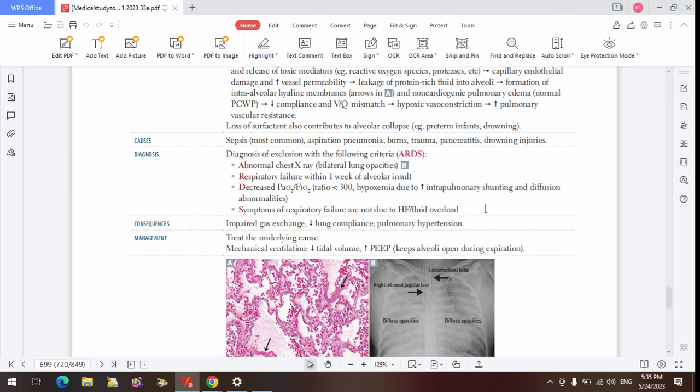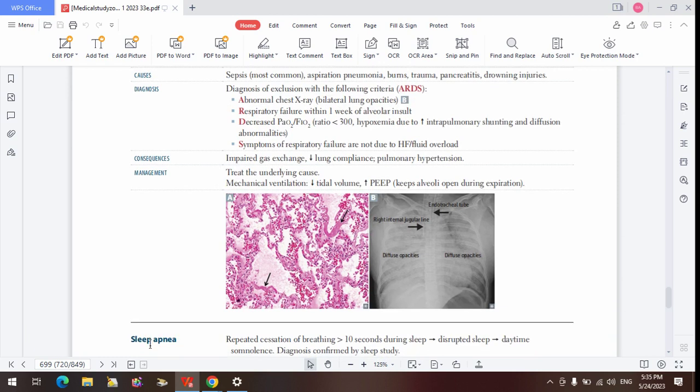You understand the shunting? Yeah, it's basically the response of the lung to hypoxia or hypoxemia. Exactly. Normally it will shut down the one that is bad and increase the one that is good, so blood moves to the one that is good. But the one that is bad is shunting deoxygenated blood to the ones that are good, so it will have an imbalance, an abnormality. Moving deoxygenated blood to an area of 100% oxygenation is going to reduce it to like 80. So that's the way it is.